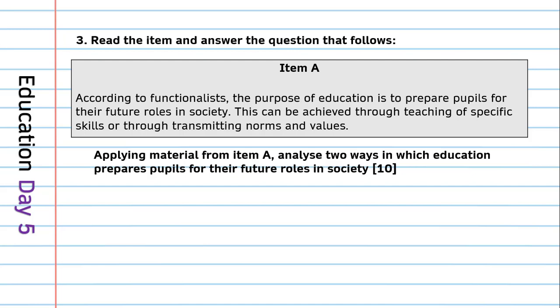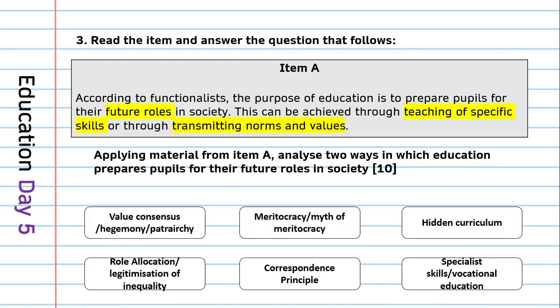So what can we pick out from this? Well, some of the things I've picked out here. Future roles in society. Yes, it is part of the question, but you can use that as part of the item. And what we've seen in the last couple of exam series is that the items are getting thinner and a lot broader. So there's lots more that you can pick out. It's testing your skill of application, but they are getting a lot broader in what pieces of information you can use. Can be achieved through the teaching of specific skills.